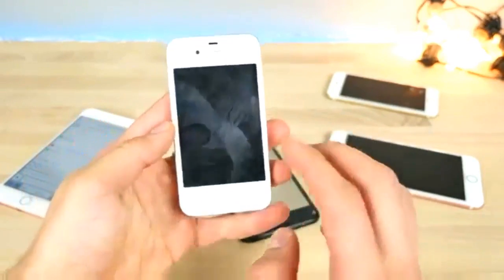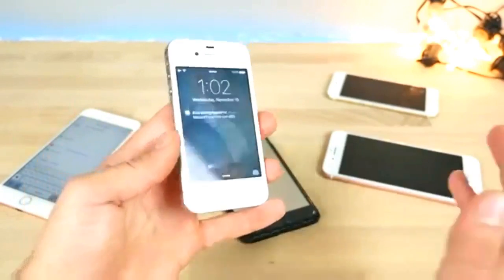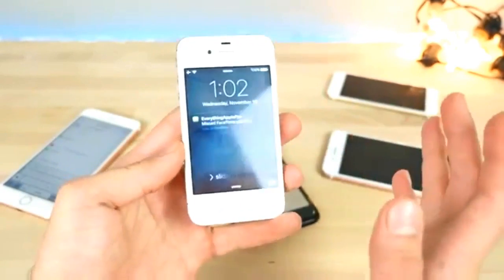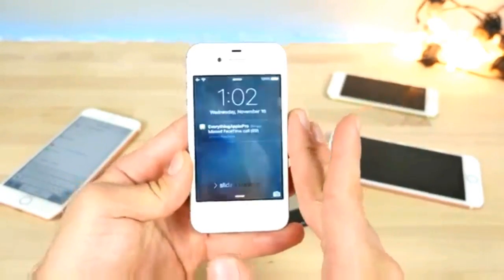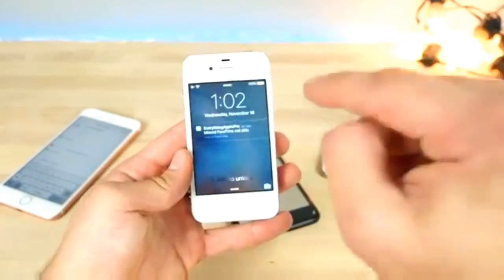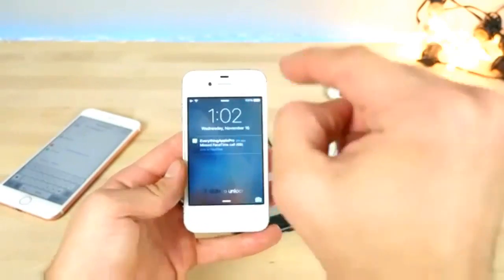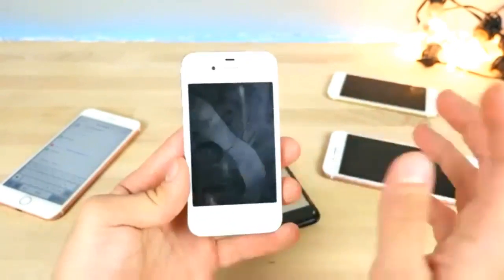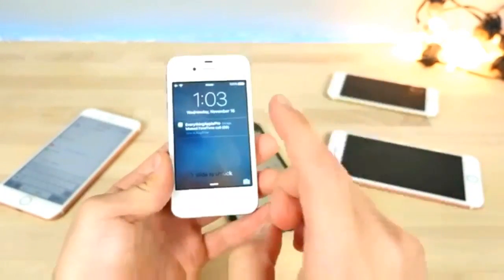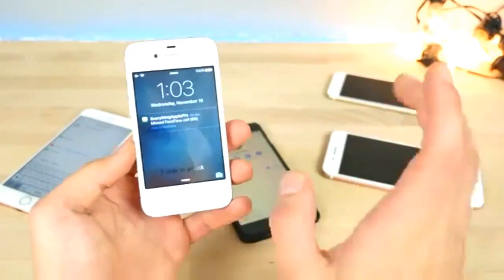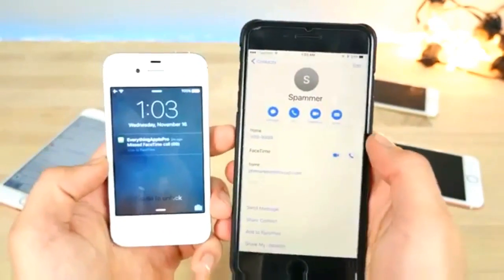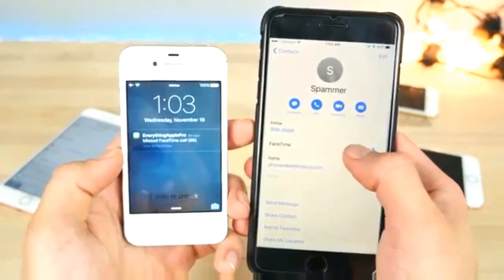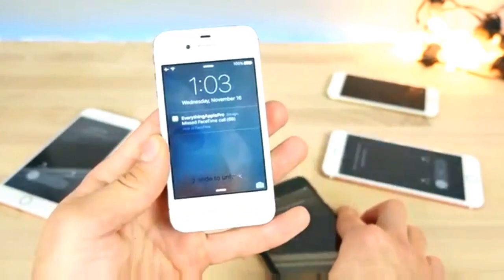The 4S is officially discontinued. Apple is not releasing any updates for it, so it's on iOS 9.3.5. This bypass works on this iPhone and firmware, which means the iPhone 4S is getting an update, iOS 9.3.6, thanks to iDevice Help. So look out for that in the future, but I just want to show you guys that it does work. So again, we're going to go ahead and dial FaceTime